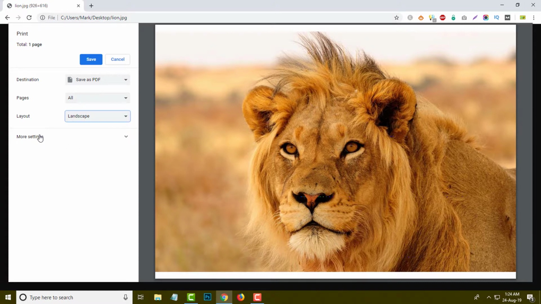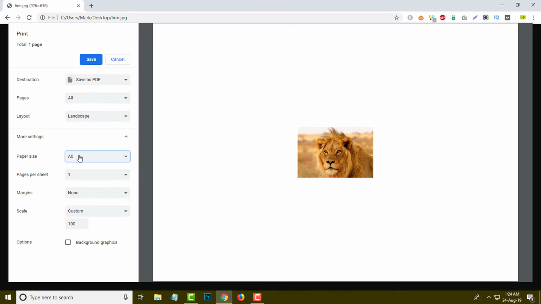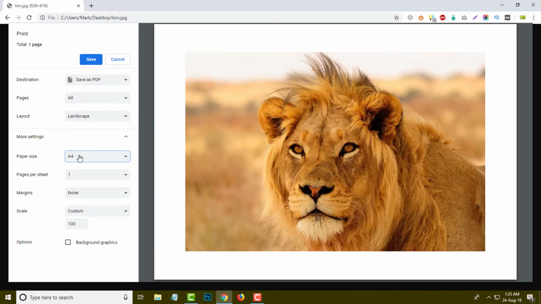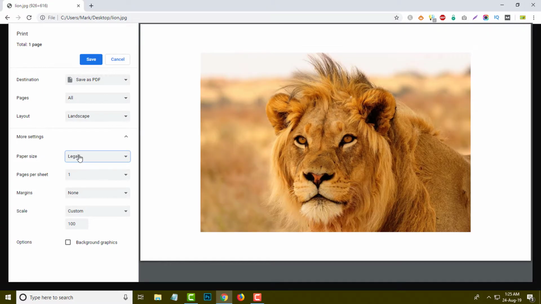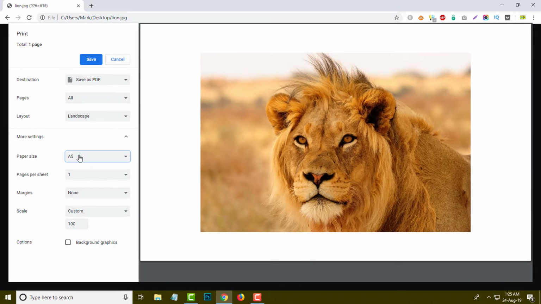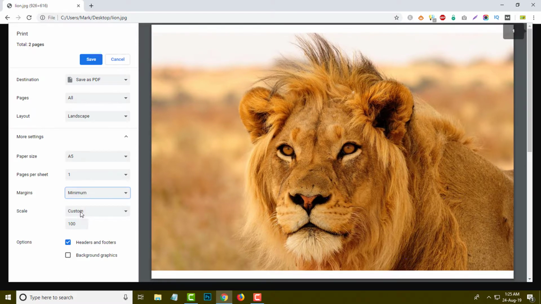And here I'm going to show you some more settings. This is the page size. Whichever page size you want, just select one by one, so you will get the preview like this. Just change one by one which you like. So I like this one. And here margin, if you want to add margin, you can add minimum margin, and if you want to add custom margin, you can